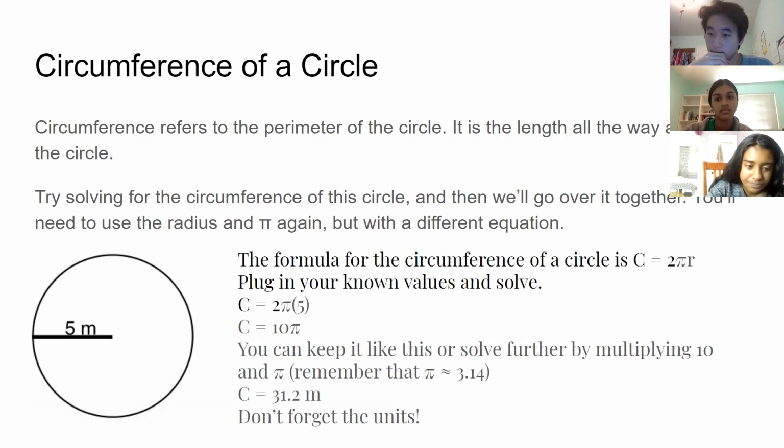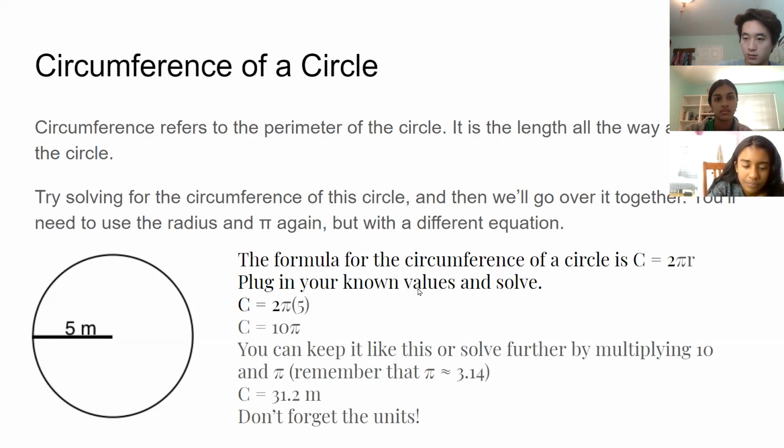So we know that the radius is 5 meters. So we're going to do 2 times pi times 5. So that gives us 10 pi, because 2 times 5 is 10. So the circumference is 10 pi, but you can keep it like this in terms of pi, or solve it further by multiplying it by an estimate of pi. And we're just going to use pi equals 3.14, and we get